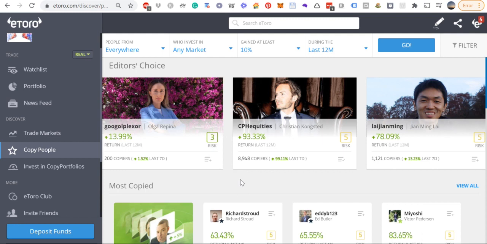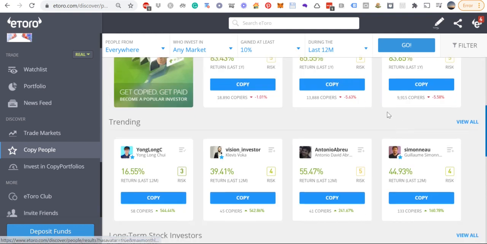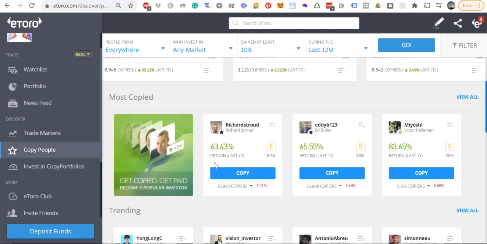So one of the main things, if we just go down, these are the most copied investors. One of the main things you will want to think about is these little stars here. You'll notice that some of these investors actually won't have any stars. And what these stars represent is the level that these investors are at in the Popular Investor Program. So this is a black star, a green star,